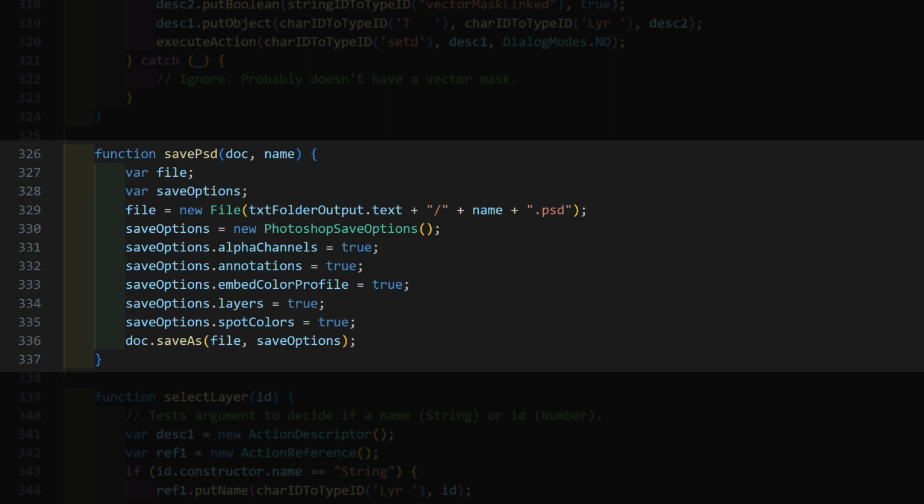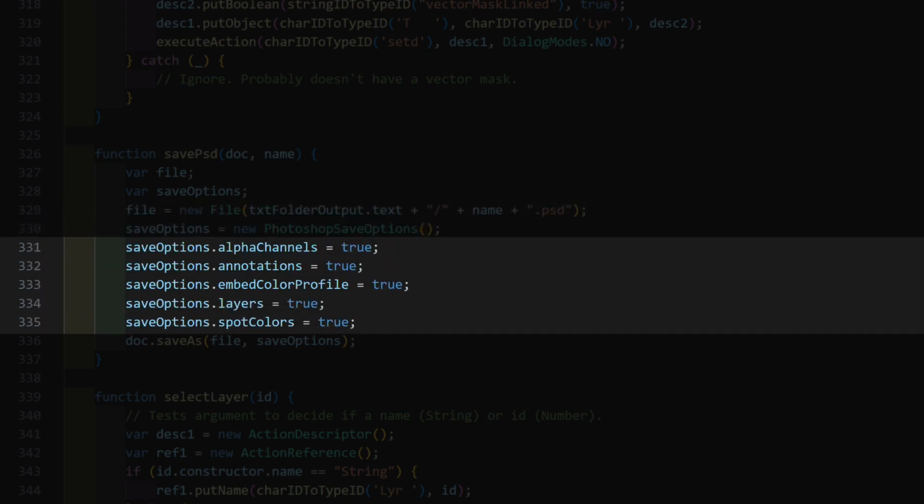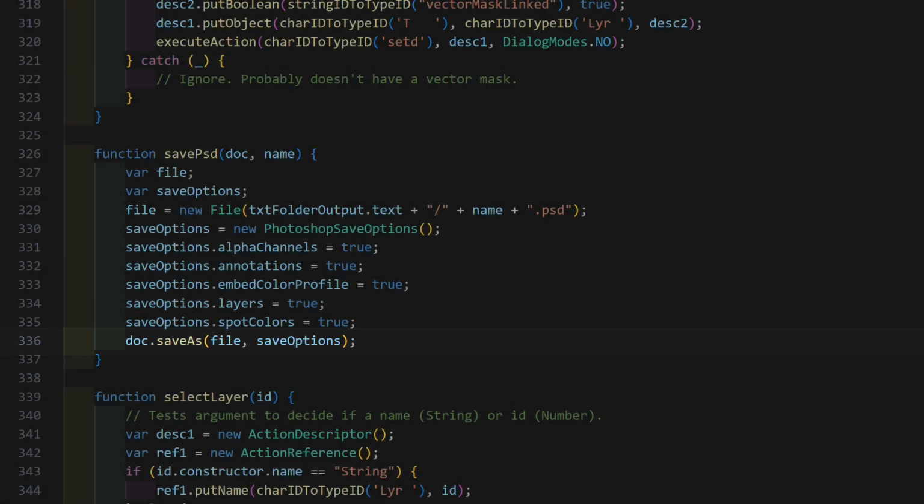Save PSD. Create a file object and a Save Options object. The file object needs the folder, a path separator, the name, and the extension PSD. Set your Photoshop save options as desired. Then call Save As, and pass the file object and the save options.